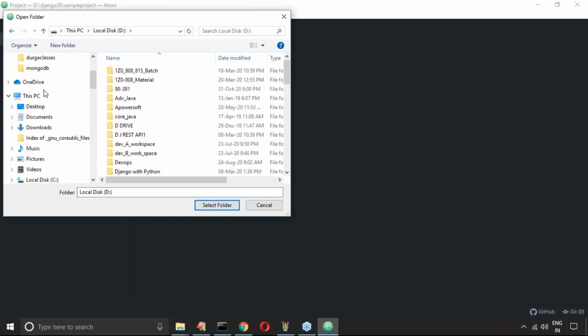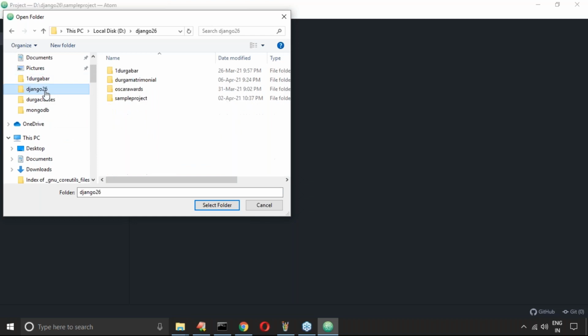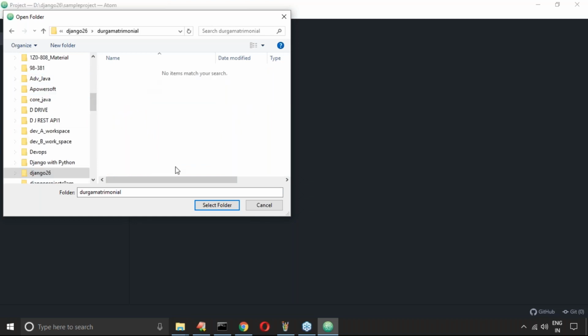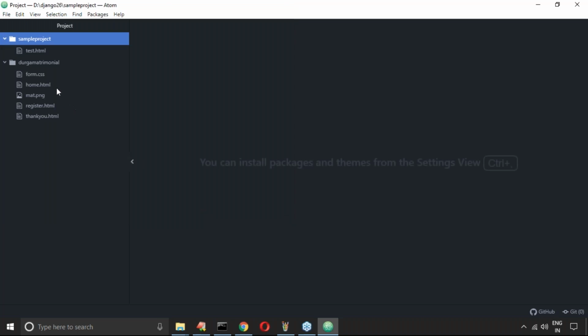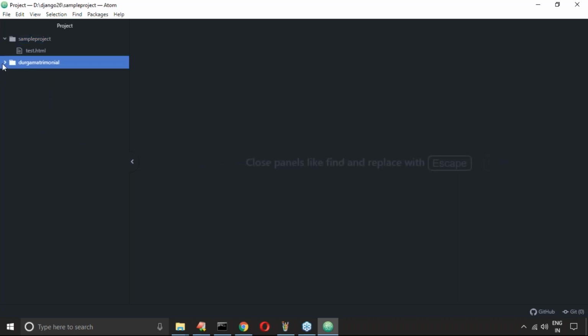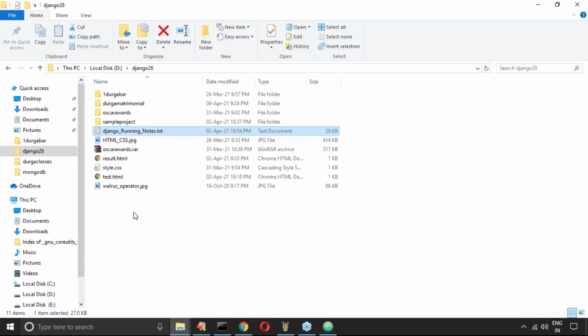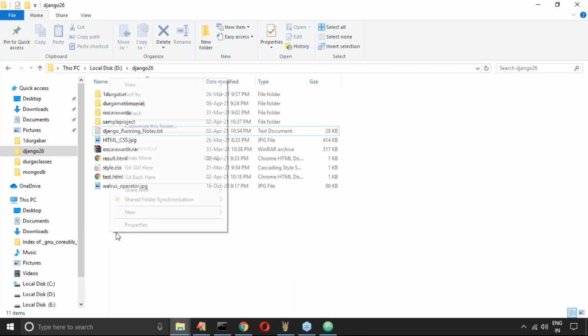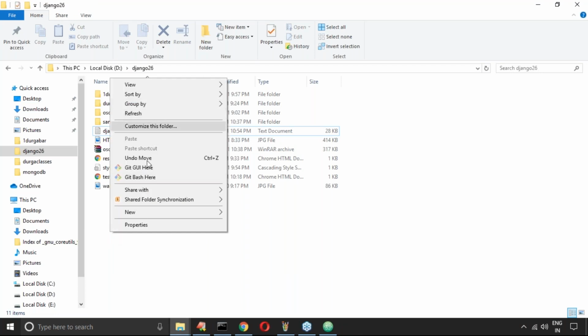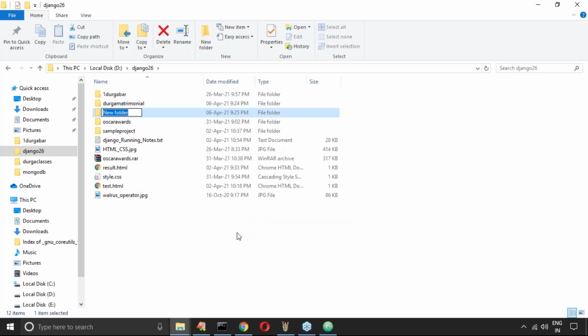Next, here in Django, Durga matrimonial, select a folder. Observe carefully: in this folder some files are already available. Now my requirement is to create one more folder, Durga matrimonial 1, because this is the project I want to develop.